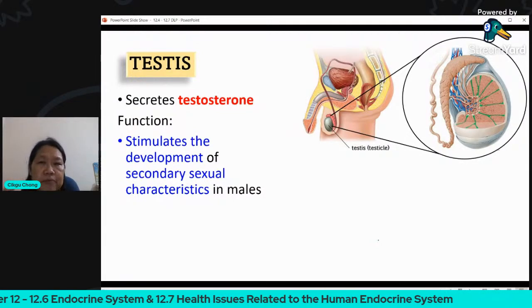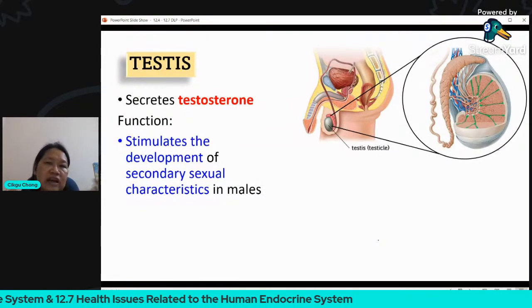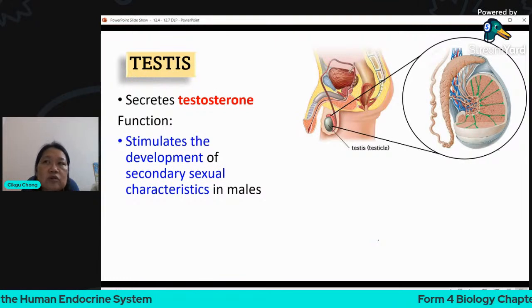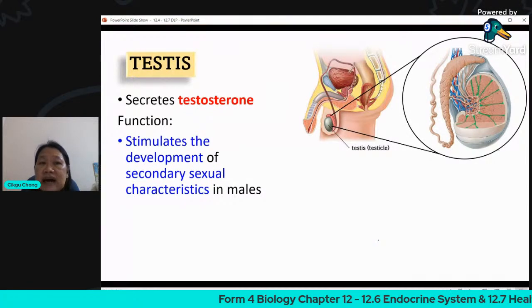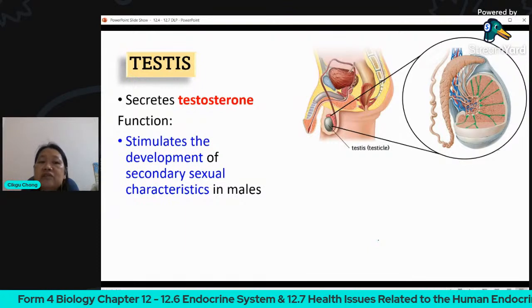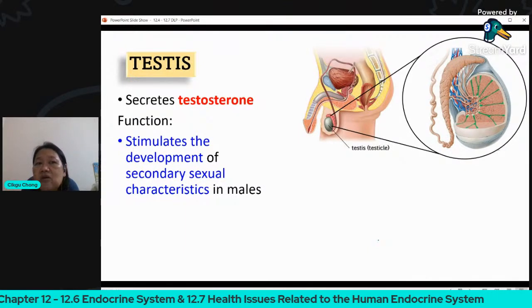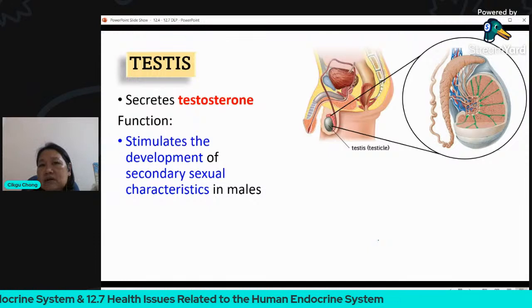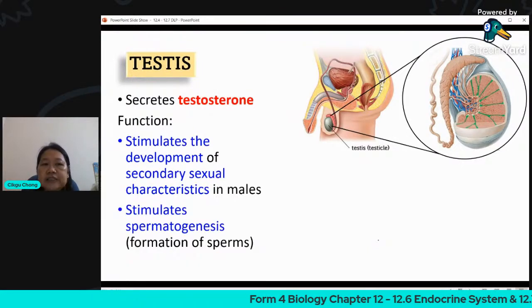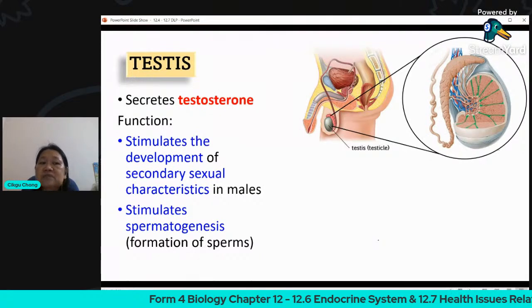The muscles become firm, right? Not like girls, unless of course you work out, right? And also there will be the change of the voice. The voice of the guys becomes deeper. That is also a secondary sexual characteristic. Okay, all that is related to puberty when a boy becomes a man, right? These are the changes, not directly related to the sperm production. Okay. So testosterone will also stimulate spermatogenesis.